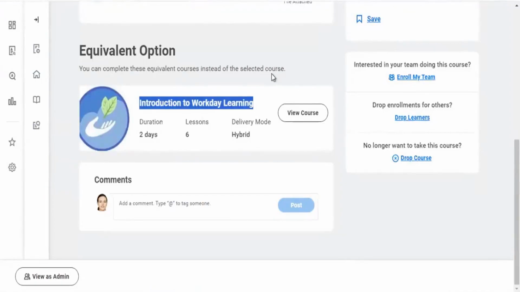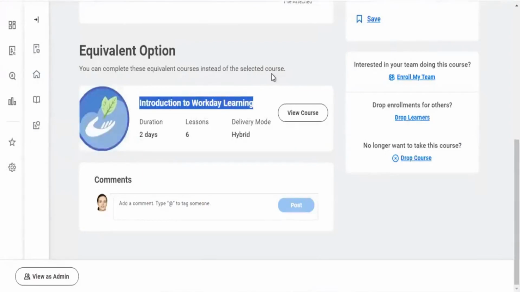If you're attending any kind of Workday certification, now you have opted for Workday Learning. Workday Learning Independent is a kind of learning certification that you opted for. But you also have an equivalency option, Workday Learning on Demand.